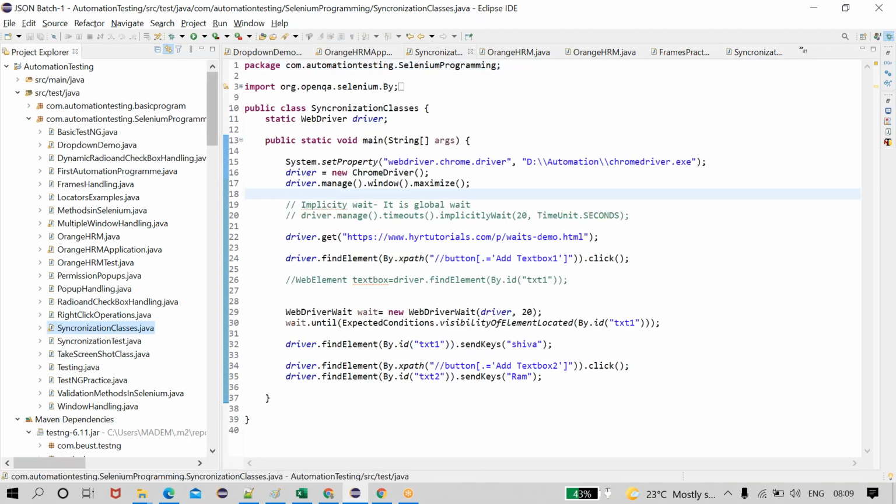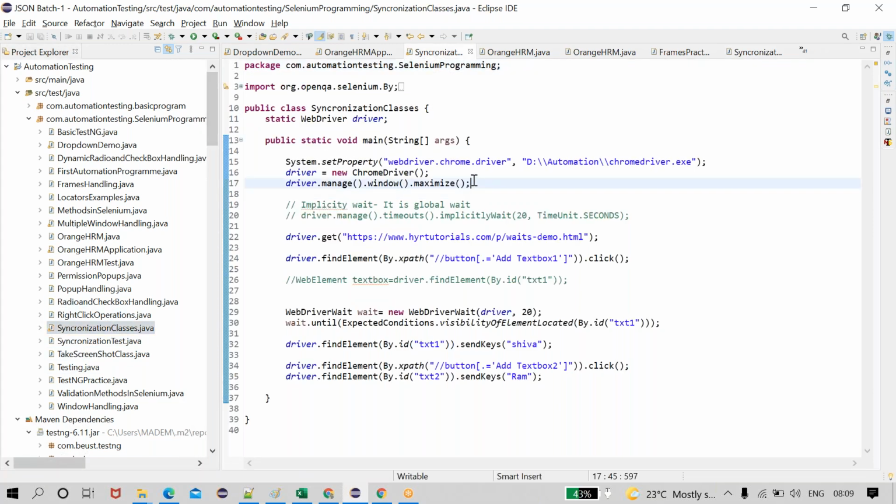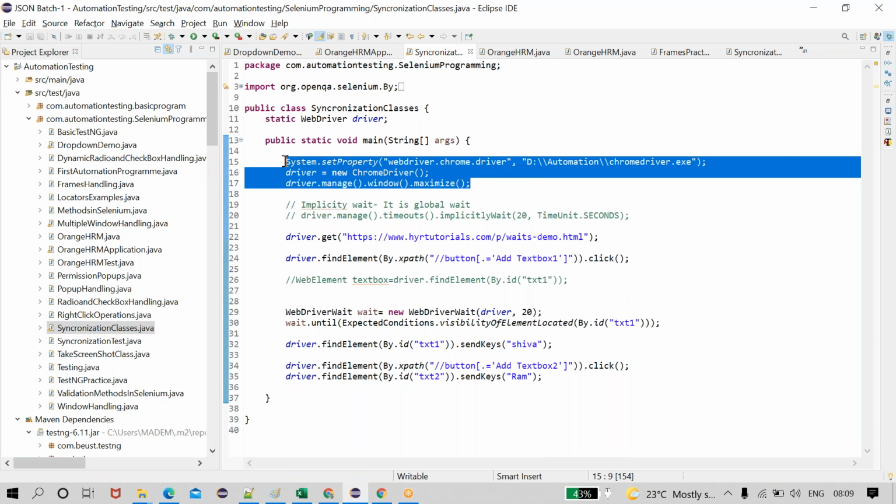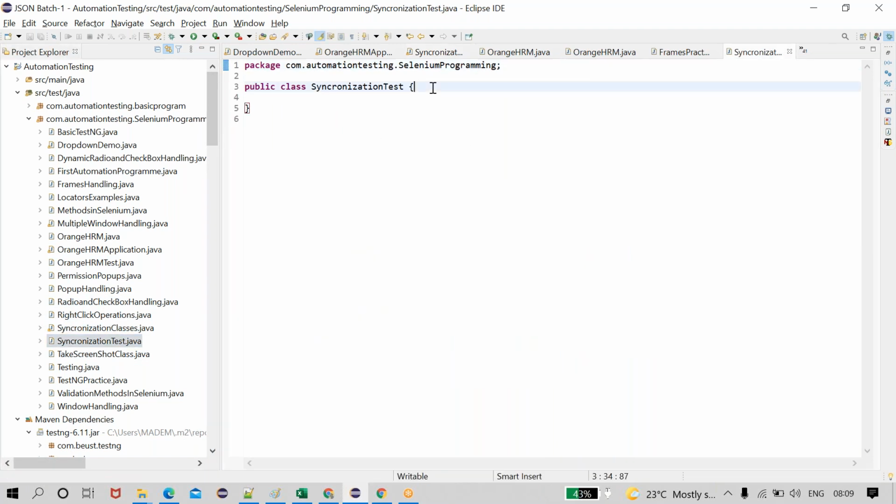I am going to copy the common code. By using this common code, we are going to initialize the WebDriver.